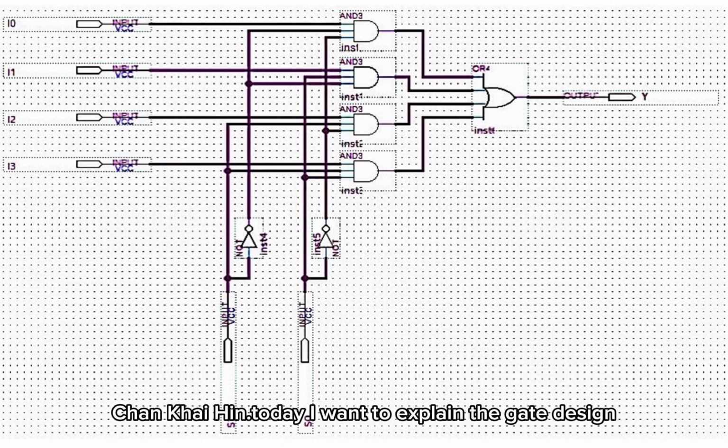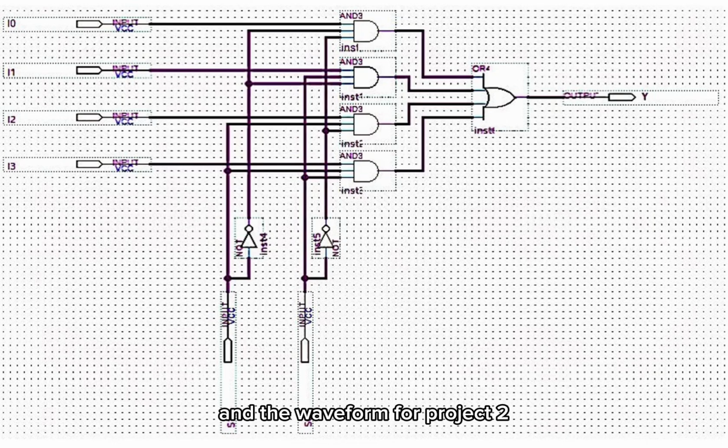Today, I want to explain the gate design and the waveform for Project 2. So this is a 4-to-1 multiplexer with inputs I0 to I3 and select lines S1 and S0. The select lines and their complements are generated by an inverter, controlling 4 AND gates, each corresponding to one input. The AND gate outputs are combined through an OR gate to produce the final output Y based on the value